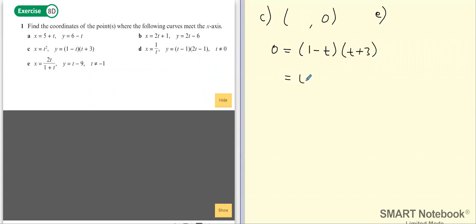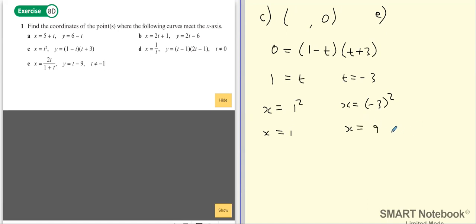So my two t values are t equals 1 or t equals minus 3. Once I've got these, I can substitute them into x. So x equals t squared, so 1 squared, which obviously is 1, and x equals minus 3 squared, which is